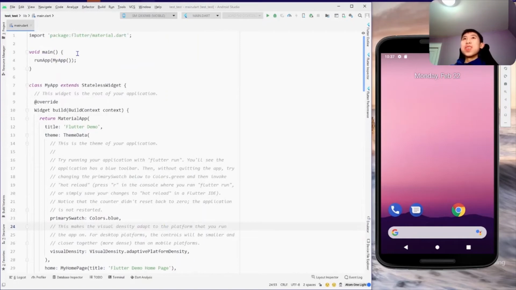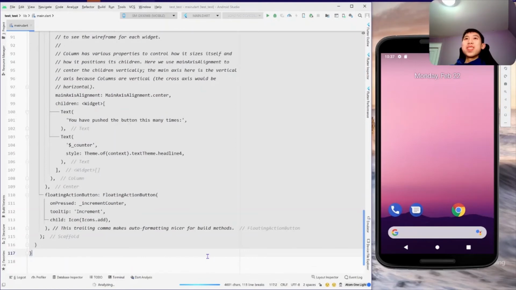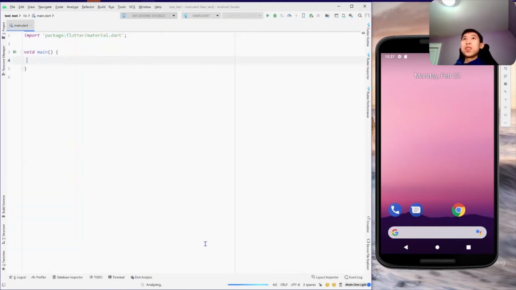So first thing we're going to do is we're just going to convert it, and this is the main part. And the first thing we're going to do is call the run app, and then make a material app. Inside of the material app, we have a home,